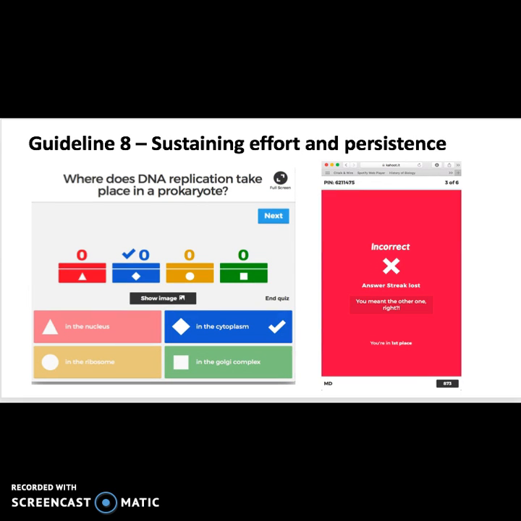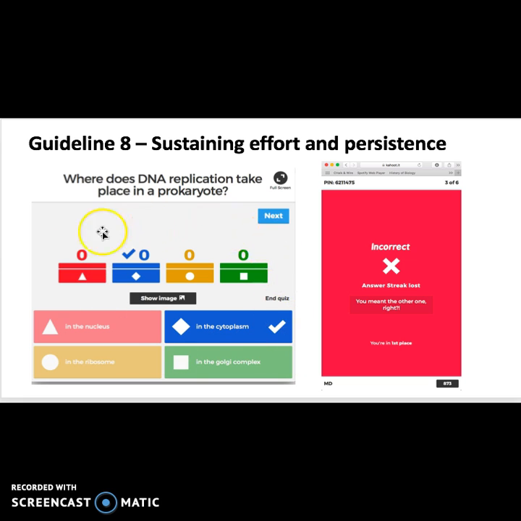The 8th guideline is sustaining effort and persistence. The goal of Kahoot is for students to get the right answer. It also fosters collaboration if you choose to make it a team activity. Feedback is quick and on the spot so students can correct themselves immediately.